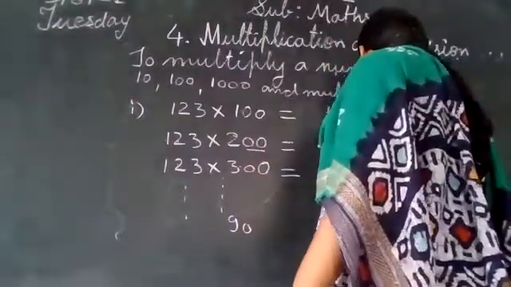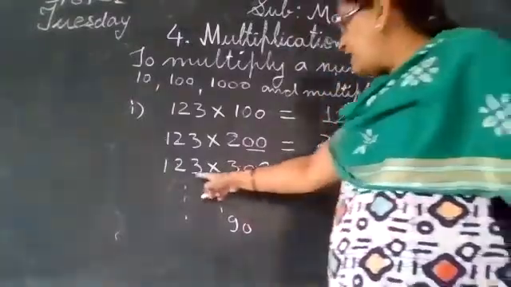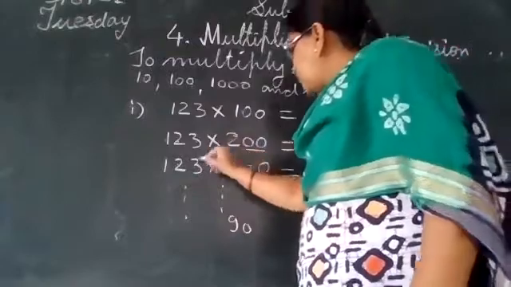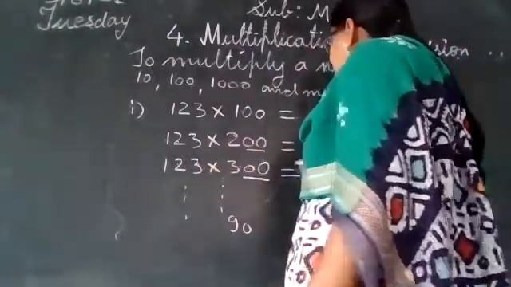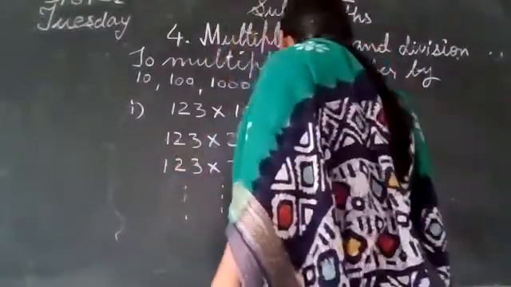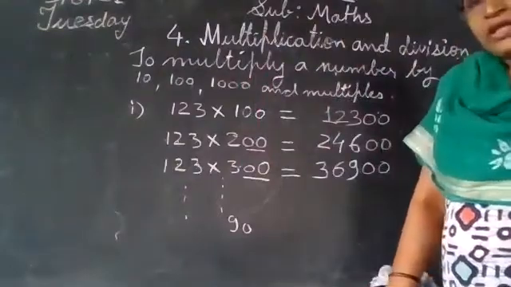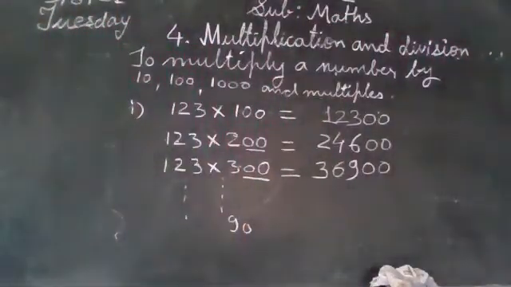300. So write down first these 2 zeros. Now multiply the number by 3. 3 3s are 9, 3 2s are 6, and 3 1s are 3, like this. Got it, beta? The same way